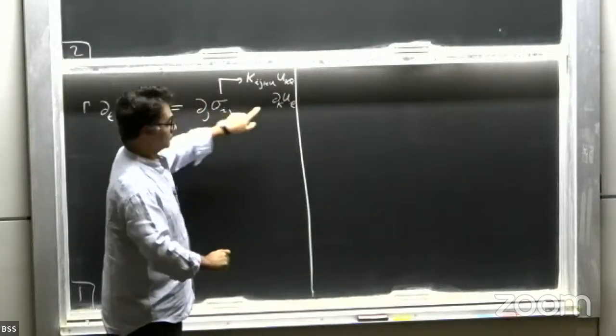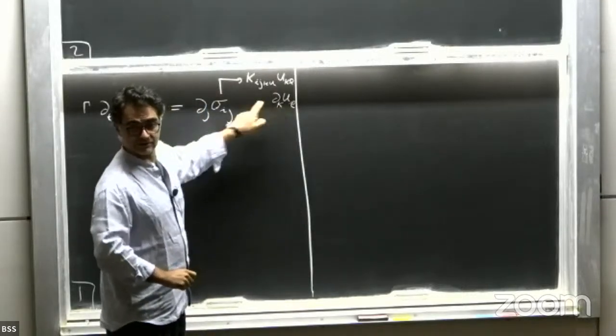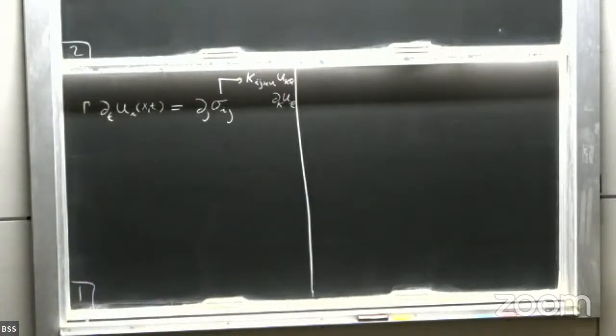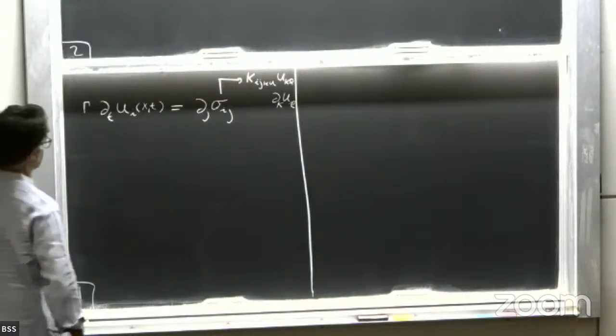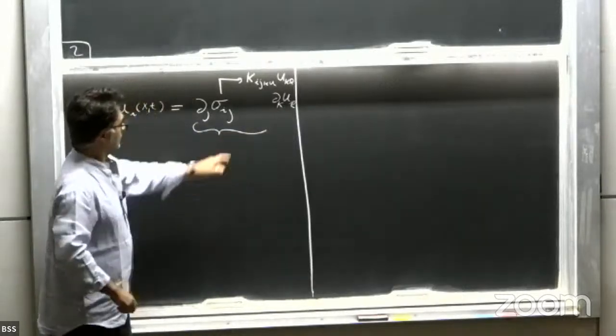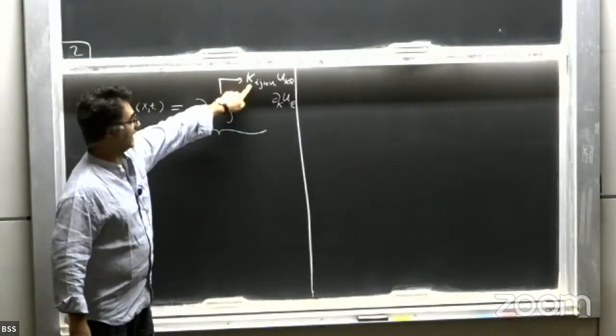So naturally, two derivatives came, and you had the structure of a diffusion equation. The crucial aspect of this equation is that it's linear. It's linear in u. The reason why we were so interested in it is that this right-hand side, whenever K_ijkl,